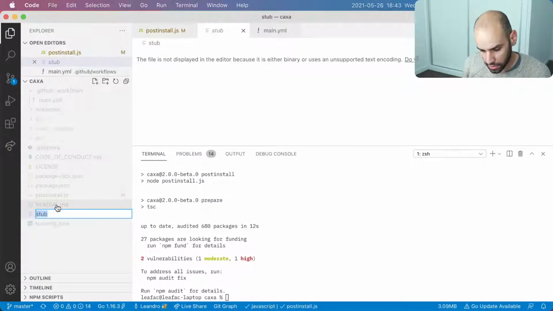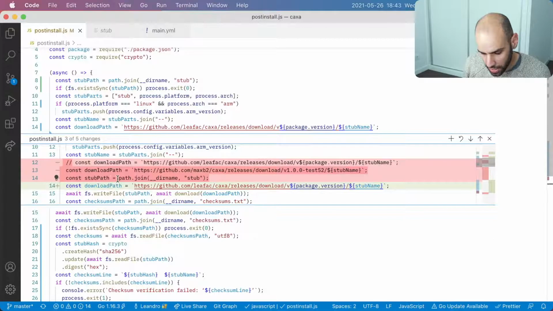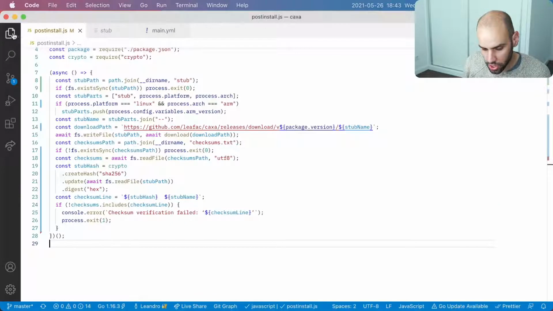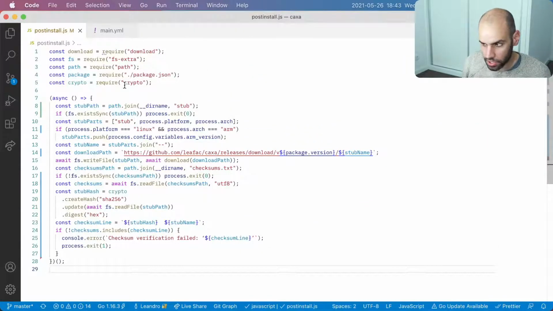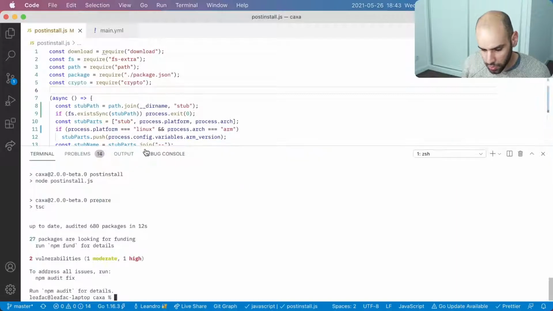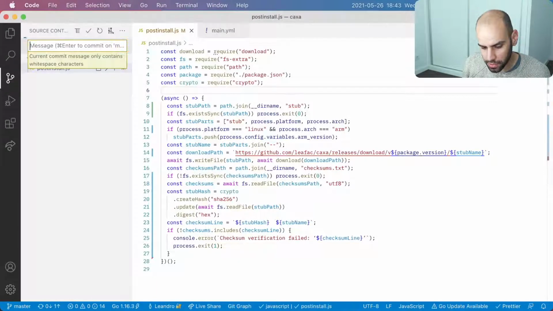To do that, I think I will need to revert all my changes and use the temporary directory, the temporary GitHub release we were looking at before. So I would have to change this back, and I would have to also change the version. We are looking at the version on package.json, so we would have to change that version as well. All these things that I don't want to do just to test. So I will assume that everything I did will work correctly and continue from there.